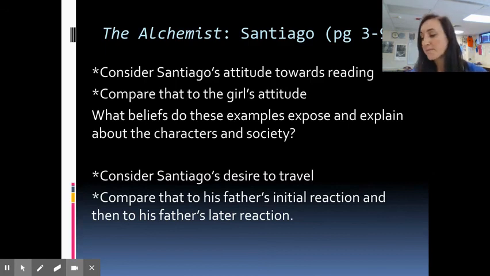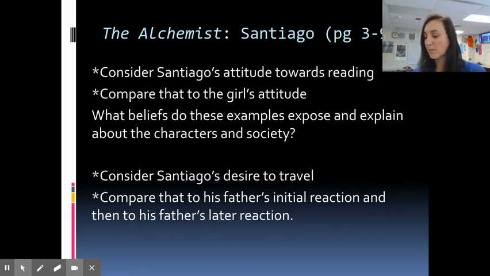The father said no more. The next day, he gave his son a pouch that held 3 ancient Spanish gold coins. That's a big deal. The father is entrusting something to him. "I found these one day in the fields. I wanted them to be part of your inheritance, but use them to buy your flock." So he is offering Santiago a choice. He's saying, this is my plan for you. But if you're going to do this plan, here you go. "Take to the fields, and someday you'll learn that our countryside is the best and our women the most beautiful." So the father did not change his original belief, but he is changing how he's allowing Santiago to learn.